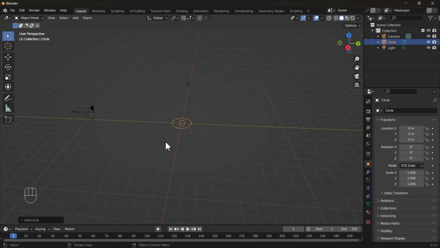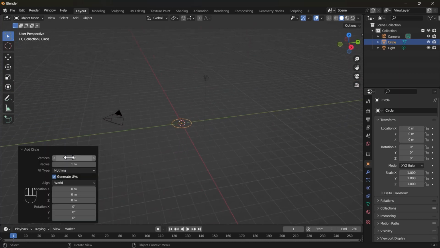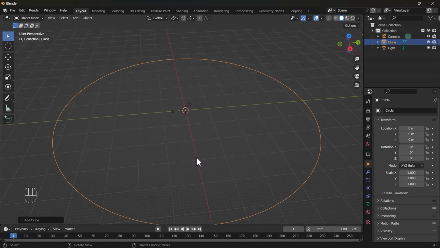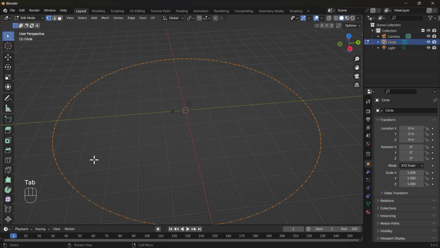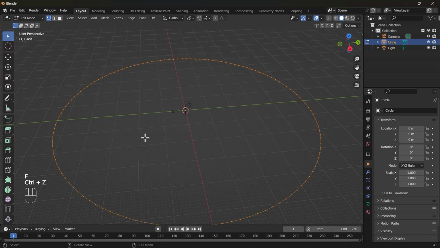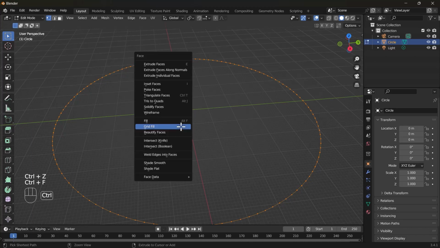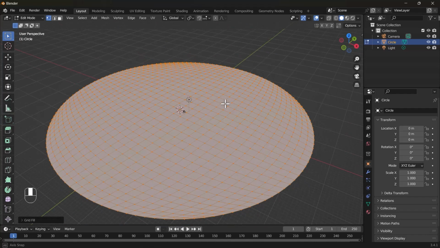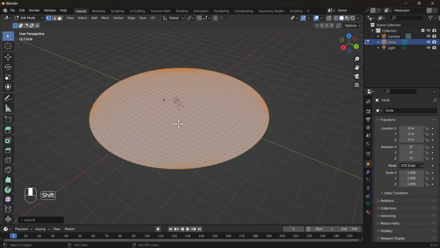Give the circle the dimensions that worked for my scene. Select vertices 128 and radius 54 meters. Yes, that's some big plane because our scene is going to be big. Now to fill your circle, most of the time you may go to Edit Mode, select all, then press F. But this time we're going to do something different. Press Ctrl plus F and select Grid Fill. And boom, now our plane is filled with vertices, and with only quads.